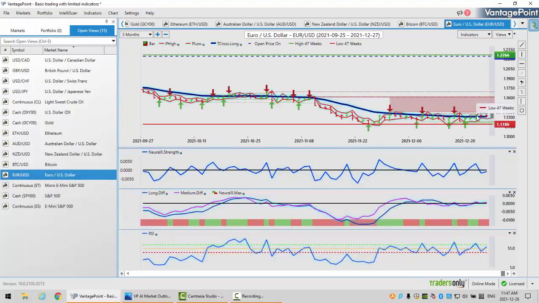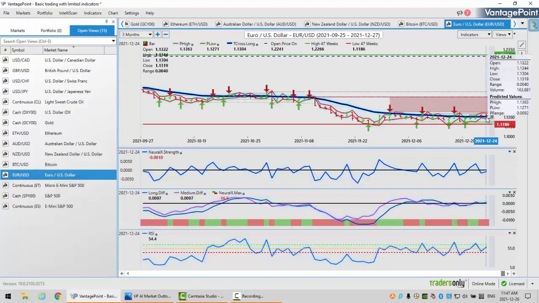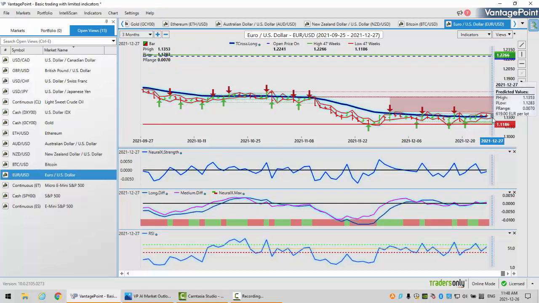Now, when we run through some of our main forex pairs, once again, it is important to understand that the euro has a very high correlation to gold and the dollar index inversely. So if the dollar index is moving lower and gold's moving higher like it's been doing this past week, that's actually bullish for the euro currency. Now, I don't think we're going to see a major breakout, but I would anticipate a retest into year end towards the 113.80 mark. The key thing is we want to try and hold above this Vantage Point T cross long level coming in at 113.04. Our predicted low to begin the week is 112.83, so it identifies, again, our key level.